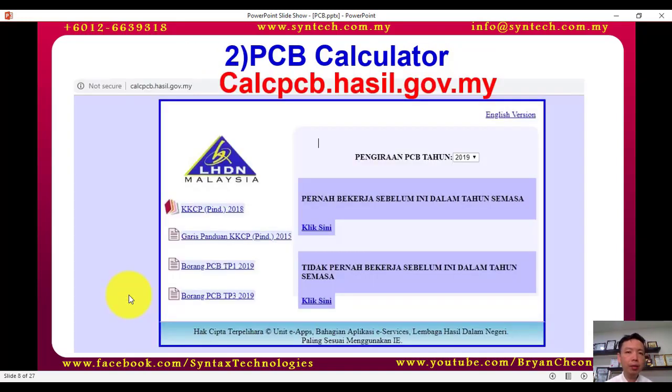But if you are using software or you want to make it more accurate, you should use the PCB Calculator. By using the PCB Calculator, it's more accurate because it's based on a 12-month average. But the problem is, if you want to calculate for one employer, it may take a longer time because there's a lot of accumulated information that you need to key in. Okay, so this is the second way, the PCB Calculator, or using the manual way.